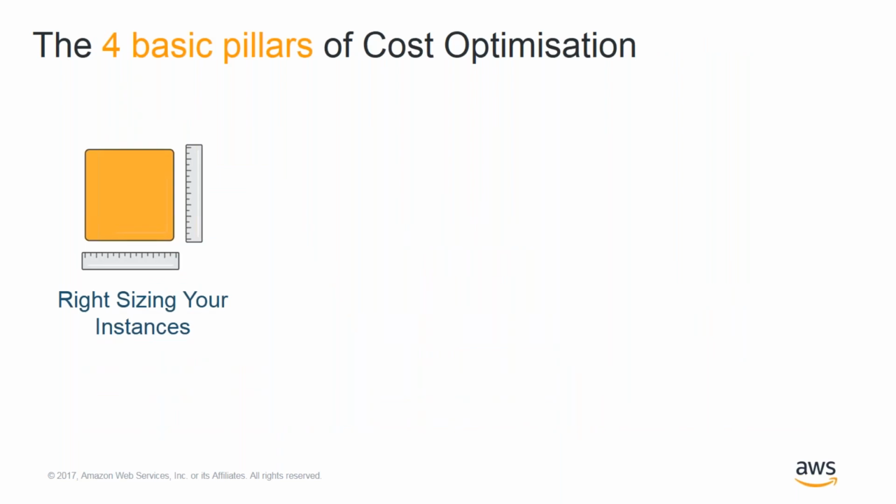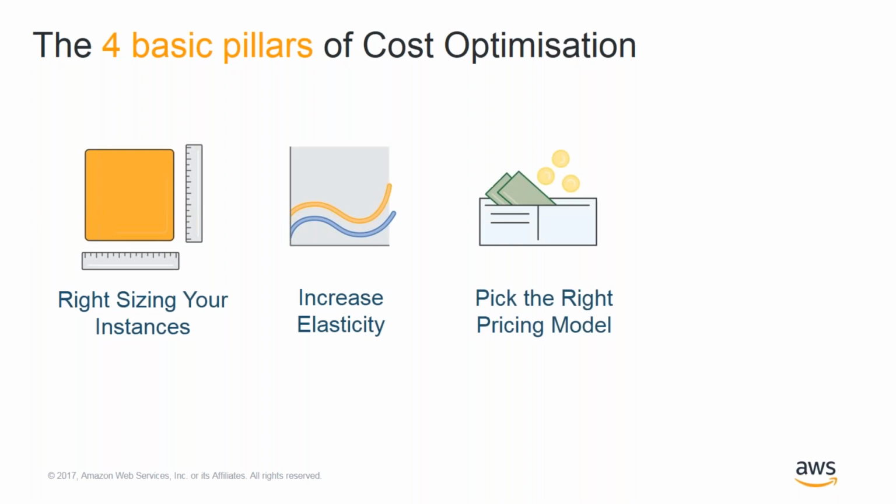Well, the first main pillar of cost optimization that we talk about with customers is right-sizing your resources. And so traditionally, because you had to provision for peak, you provision resources that are larger than required for today's needs. And so right-sizing is about shrinking your resources down to what you actually need. The second major lever or pillar is increasing elasticity. And so that's about meeting internal demand when you need to. So developers go home at night, you can switch things off. And meeting external demand through architecture patterns like auto-scaling. So you scale up when there's demand and you scale down when there's less demand.